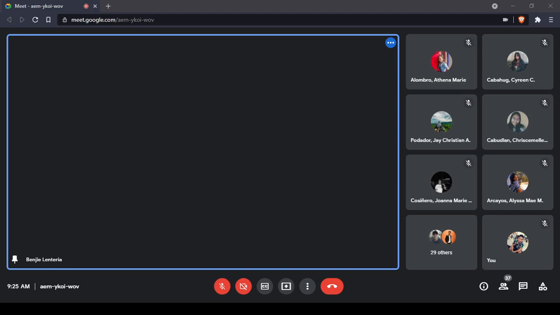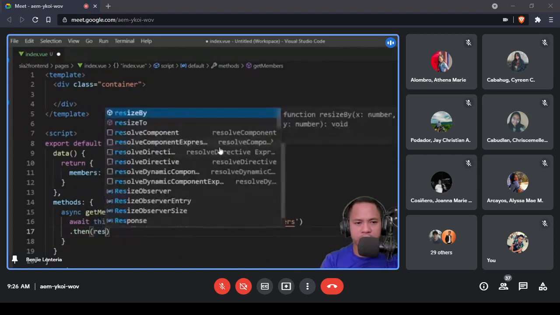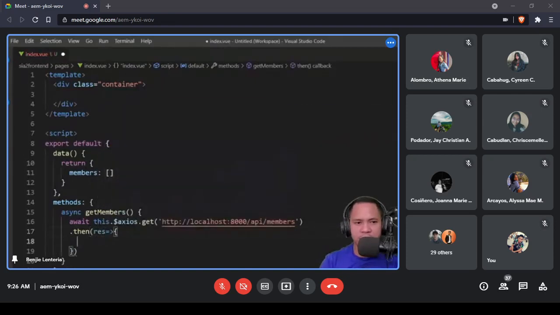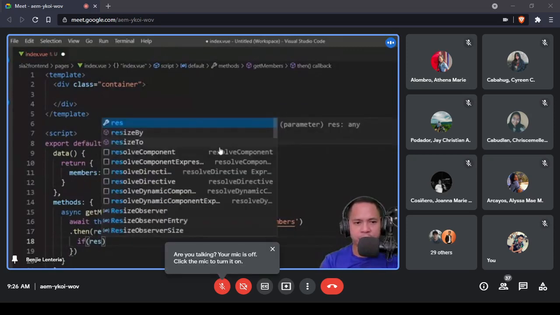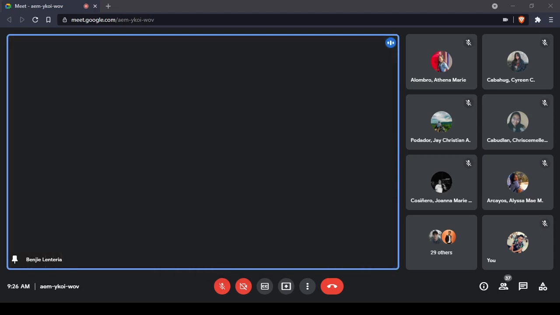And we can now see that, then pass in our response and a callback function. So if the response status is equal to 200, meaning it's successful, then we can assign the response data into the members. By the way, if you look back on our request,